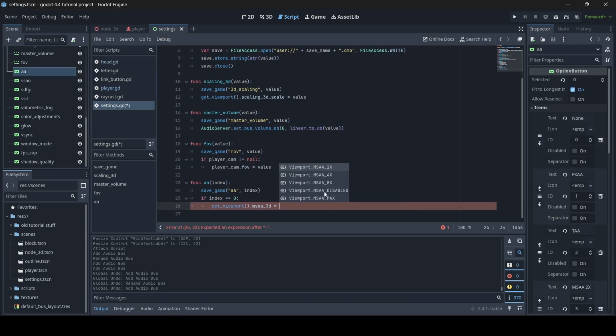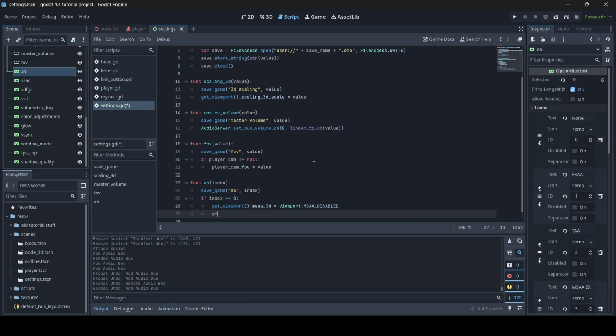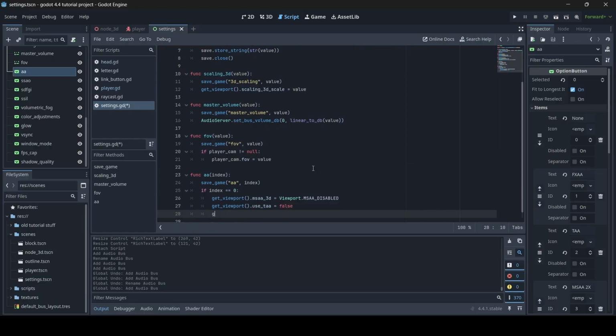So what you want to make sure is that you select viewport.msaa disabled to make sure that MSAA is not being used at all. And then also what we do is get_viewport.use_taa. So TAA is temporal anti-aliasing. That's another anti-aliasing option. So you just want to make sure that this equals false. And then we want to do